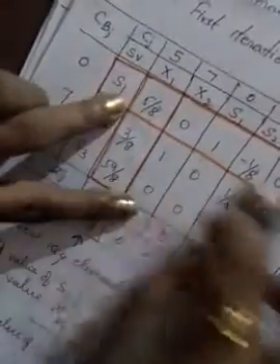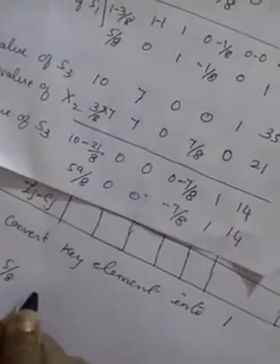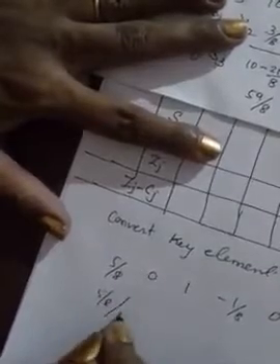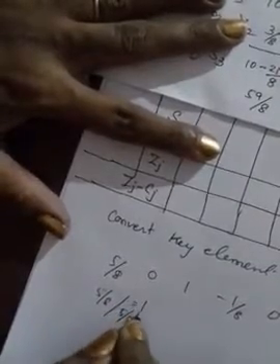So I am going to show it here. First I write down the values here. Okay, these values: 5 by 8, 0, 1, minus 1 by 8, 0, and the solution is 1. Now we have to change this one into 1. So 5 by 8 divided by 5 by 8, we will get 1, isn't it?